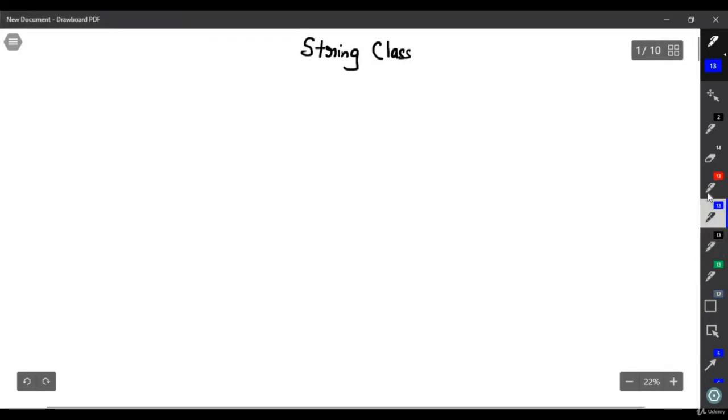Hi everyone, so in this lesson we are going to learn what is a string class. So we have studied about object-oriented programming and we know what is the meaning of a class. So string is an inbuilt class, but we can use string as if it is a data type. So what do I mean by data type? So basically what you can do, you can write something like this. String, data type, the name is S and let's say ABC.